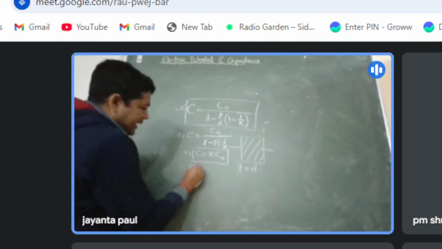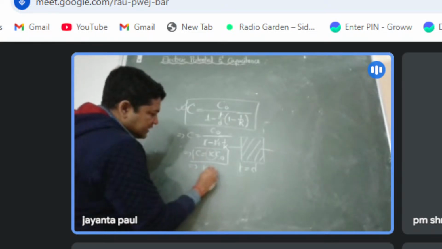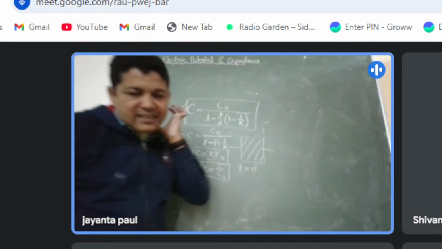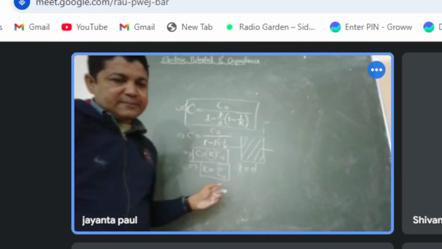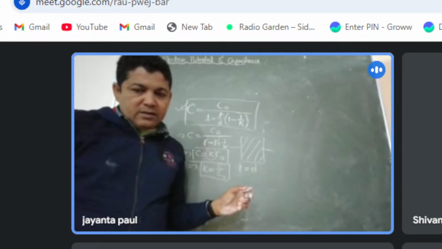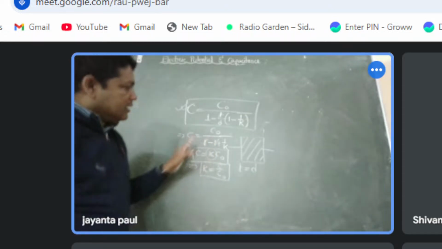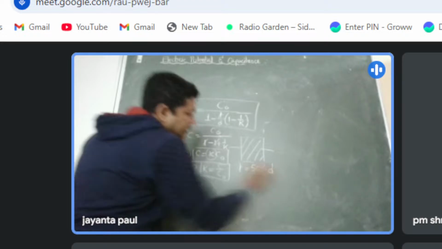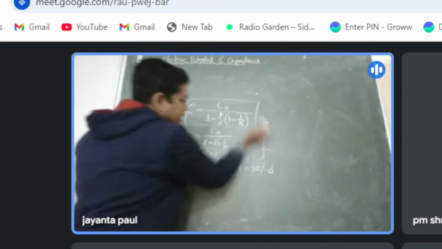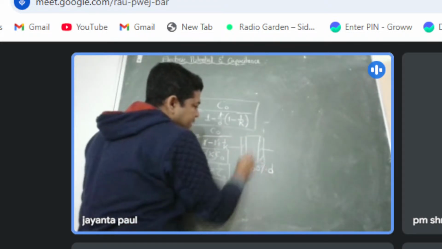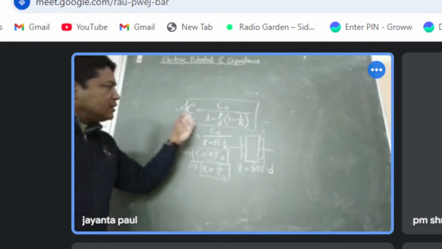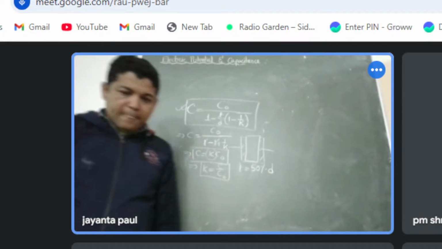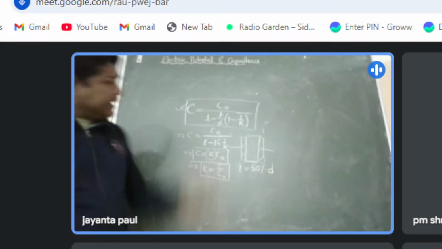तो यहां से भी देखो डाइलेक्ट्रिक कांस्टेंट का एक डेफिनेशन आ जा रहा है, K is equal to C by C0. ये वाला फॉर्मूला आप लोगों को याद रखना है। Next, my question is if t is equal to 50% of d, अगर होगा तो वो जो थिकनेस है डाइलेक्ट्रिक स्लैब का, वो थिकनेस अगर सेपरेशन का 50% होगा तो कैपेसिटेंस, नया कैपेसिटेंस कितना बन जाएगा? ये फॉर्मूला बाय हार्ट होना है।